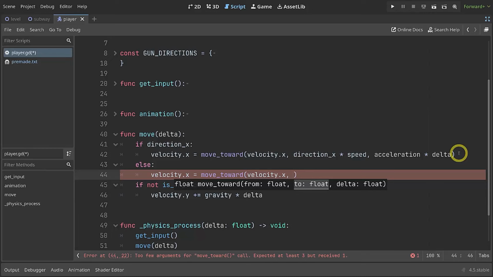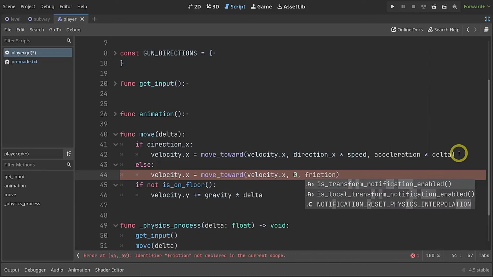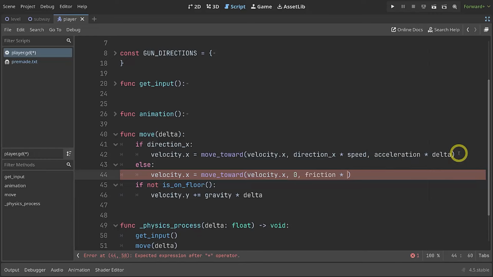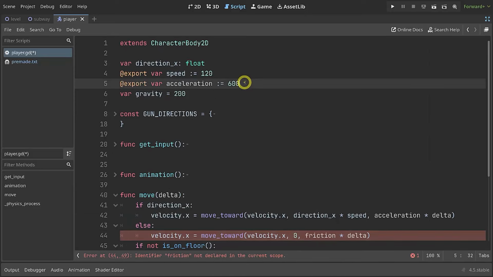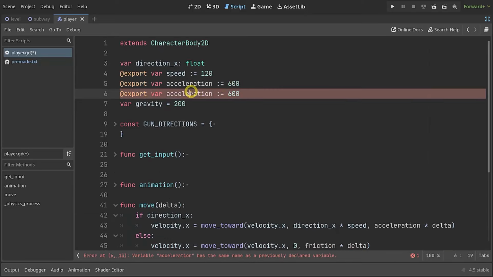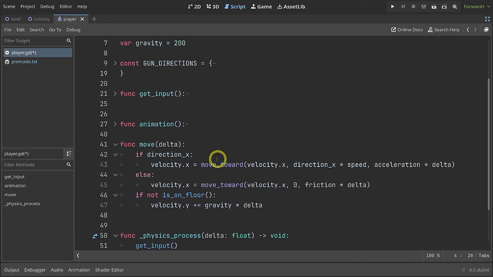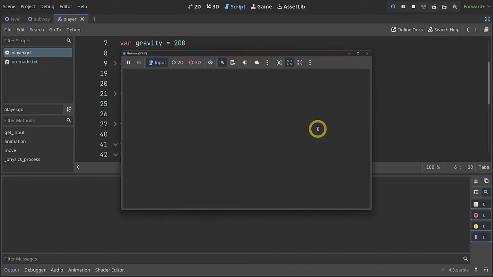We start with the current value, and now we want to go to 0. Then we need a delta time, which in this case is going to be friction, which I also want to multiply with delta time. So now we have to define friction. Right below acceleration, we want to have friction, which I have set to 800. And then we are done. If I now run the entire thing again,